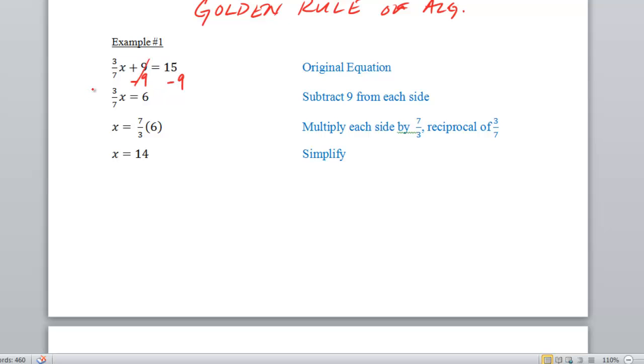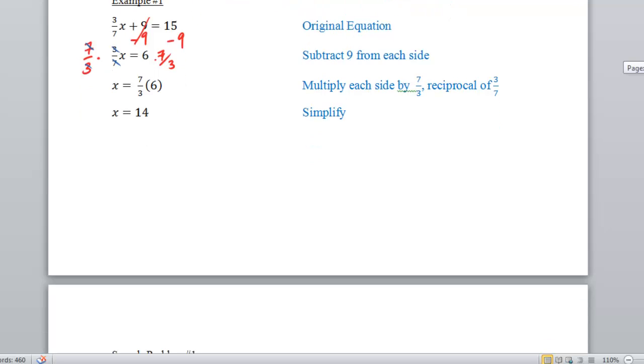And so if we multiply by the reciprocal, what happens is the 7's on top and bottom cancel each other out, and the 3's on top and bottom cancel each other out. Now, of course, if I multiply 7/3 to the left side, I also have to multiply those times the right side. And when I do that, I multiply it times 6, and it's going to leave me with x is equal to 14. And we can see here that the x value is isolated, and so that would be the end of our steps. So that should be a good review of a number of skills that you learned in